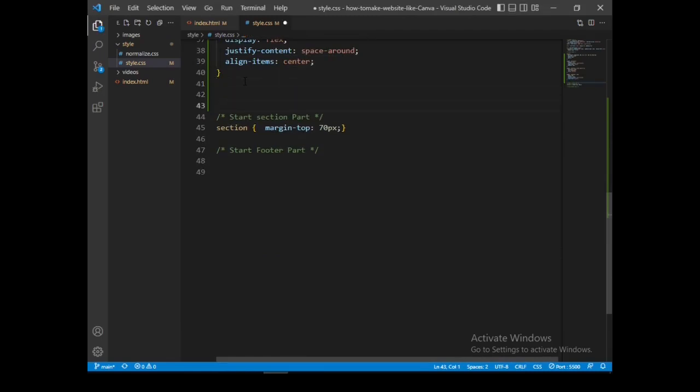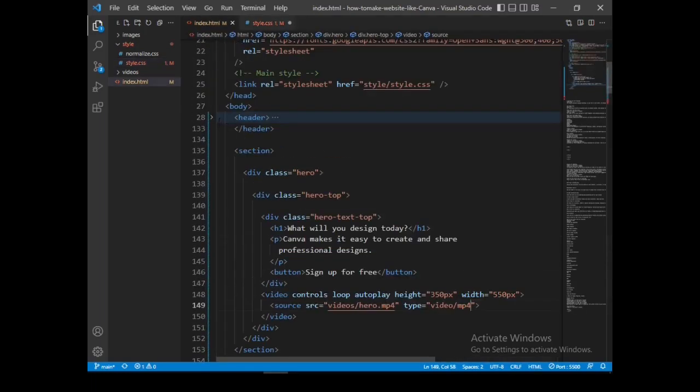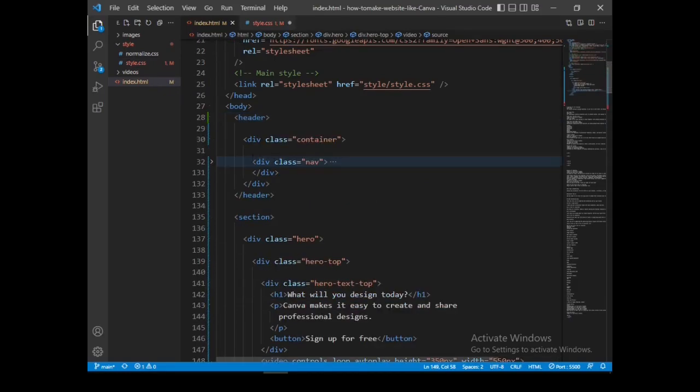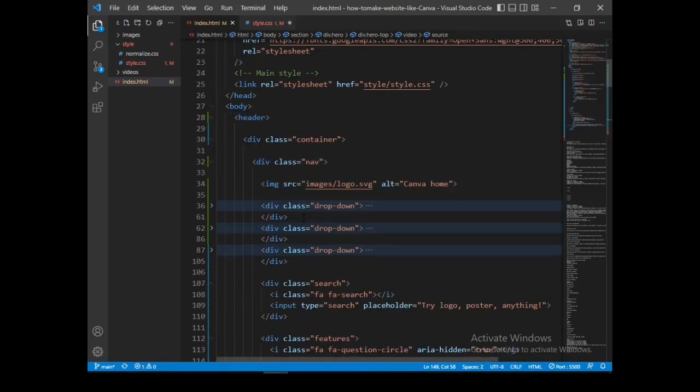Then let's go on to style the drop down. I'll just have to say header dot container dot nav dot dropdown, this class name.